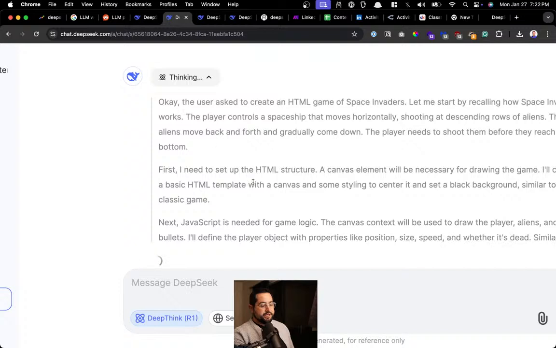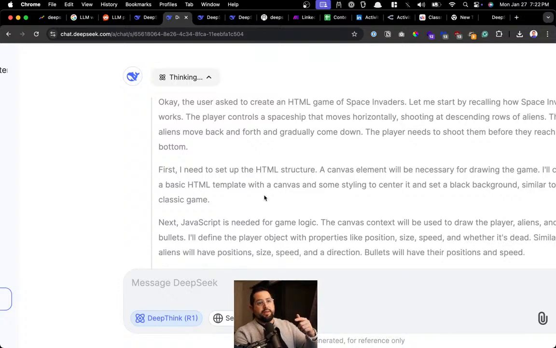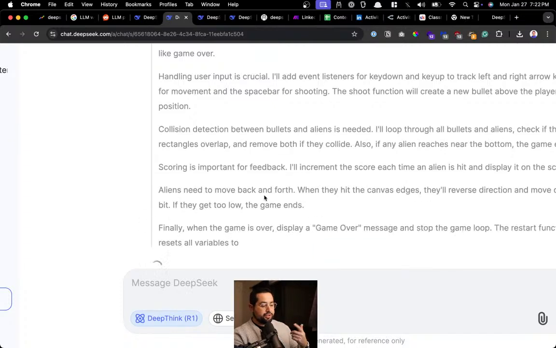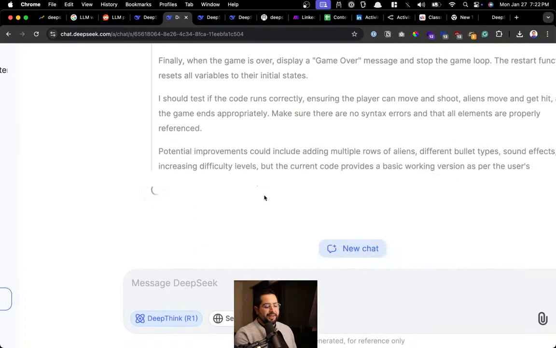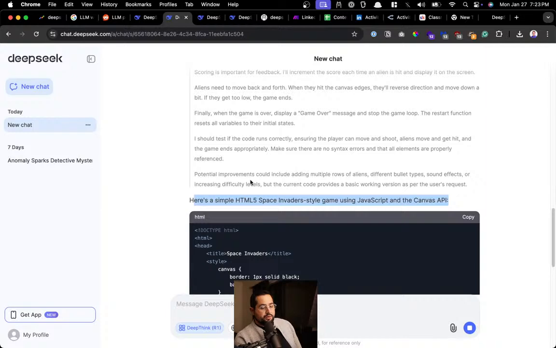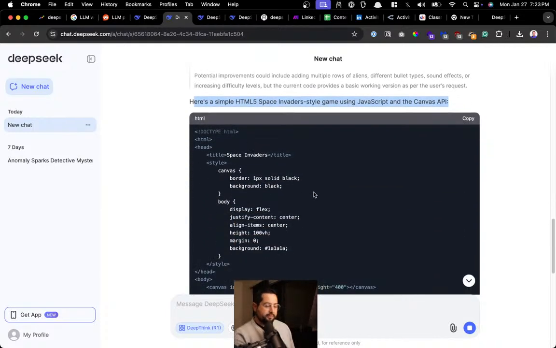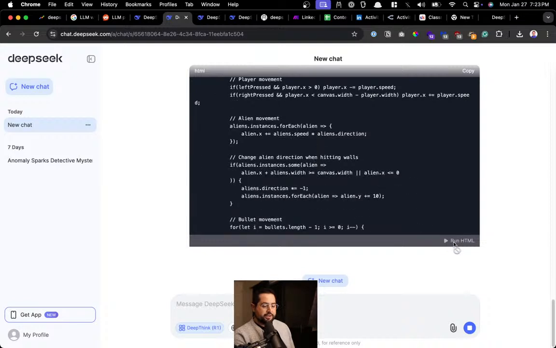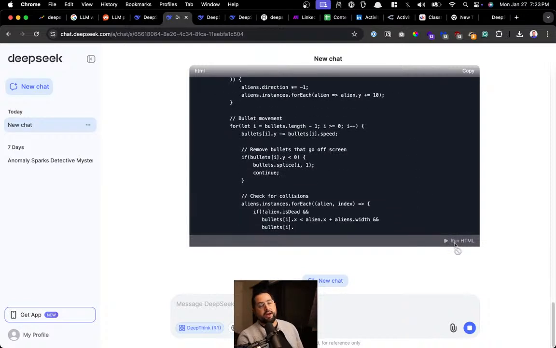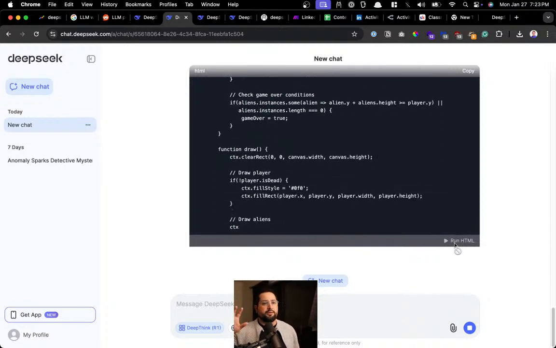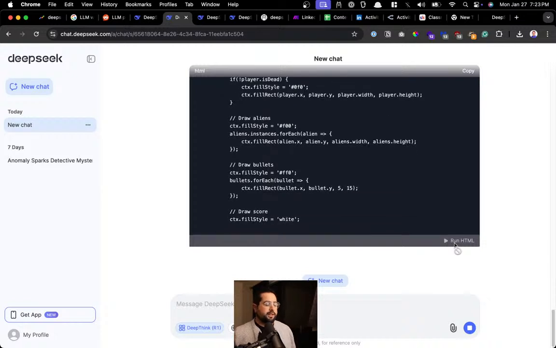If it's in gray, this is its train of thought. It's kind of like thinking out loud before it comes up with the actual answer. Now we've got black text and it's going to give us some text. If memory serves right, since this is HTML, you can actually run this, almost like how Claude has its little, I forgot what they're called, where you could run the program in it. They have a special name for it.